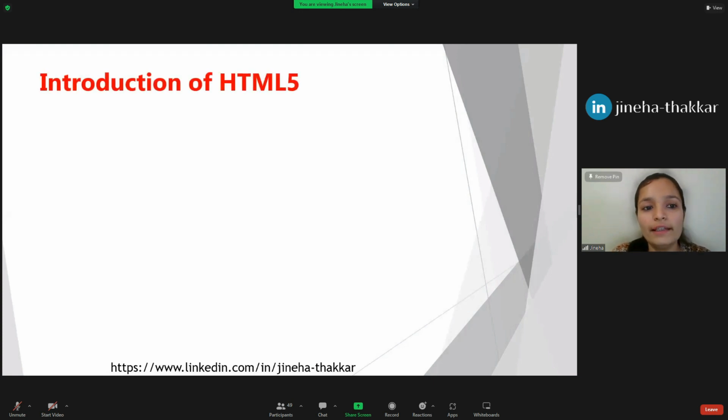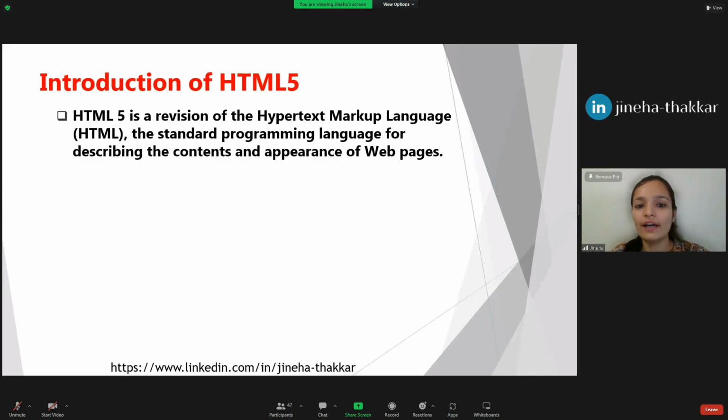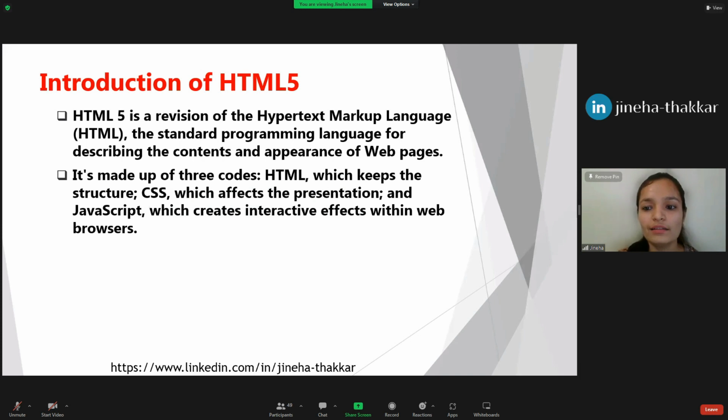So our first slide is the introduction of HTML5. It is the revised version of HTML. HTML itself stands for Hypertext Markup Language. It is a standard programming language to develop a web page. And if we want to add some audios, videos or any style in our web pages, then we have to add CSS or JavaScript. So advanced HTML is overcoming all these things, like it is a combination of HTML, which is